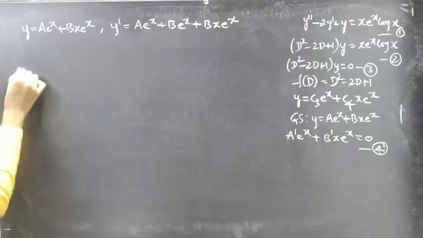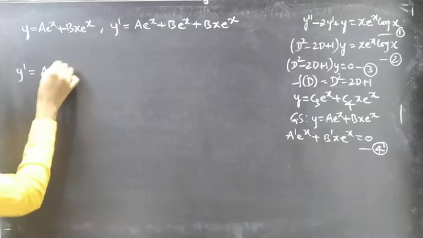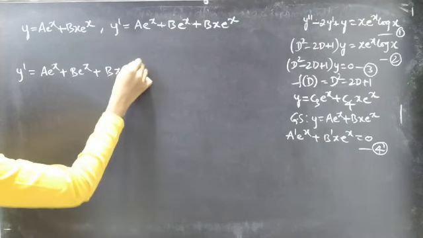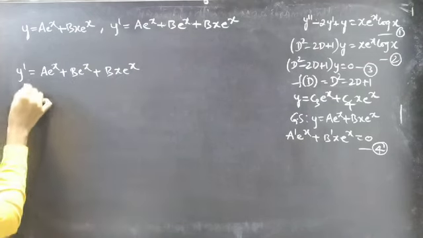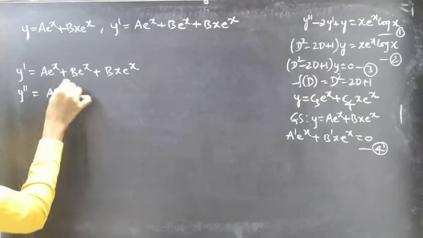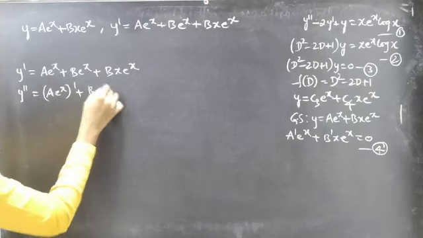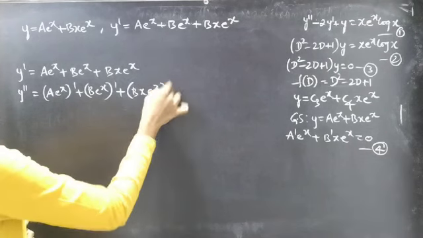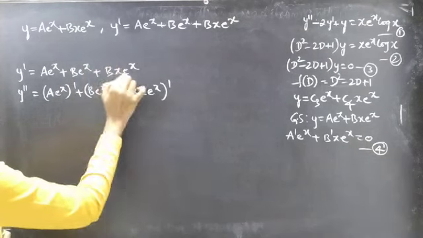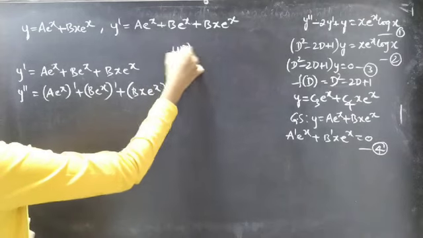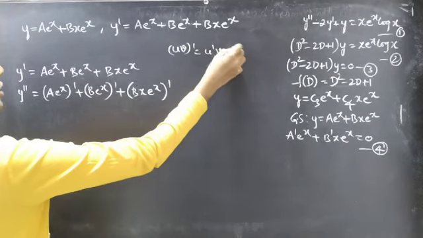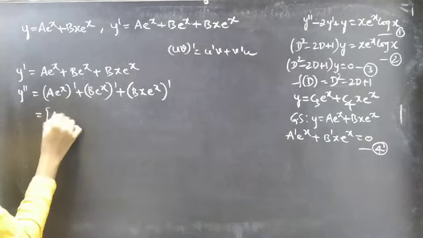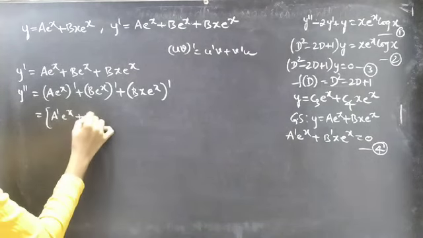Now we have y dash, right? Y dash equals a e power x plus b e power x plus bx e power x. Now let's find y double dash. Y double dash equals a e power x whole dash plus b e power x whole dash plus bx e power x whole dash. That is the derivative of the first term, the derivative of the second term, plus the derivative of the third term. Here also we are going to apply the uv whole dash formula, which is u dash v plus v dash u. Now this gives us a dash e power x plus a into e power x dash